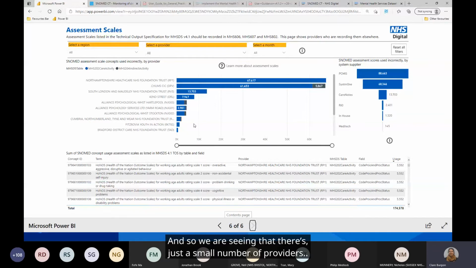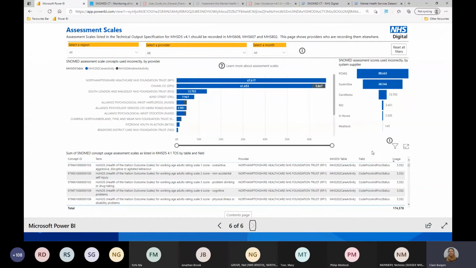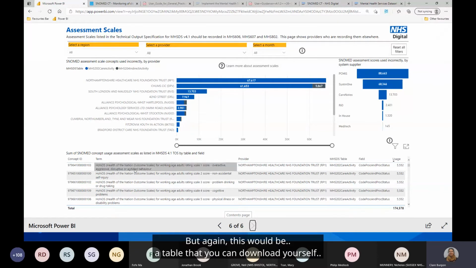And so we are seeing that there's just a small number of providers who have been sending this information to a different part of SNOMED, primarily the care activity and indirect activity table. There should be 3 dots above here as well. I'll need to sort that out. But again, this would be a table that you can download yourself.